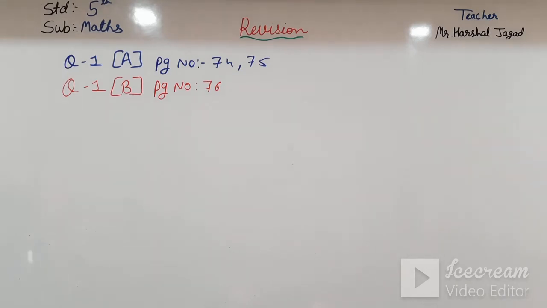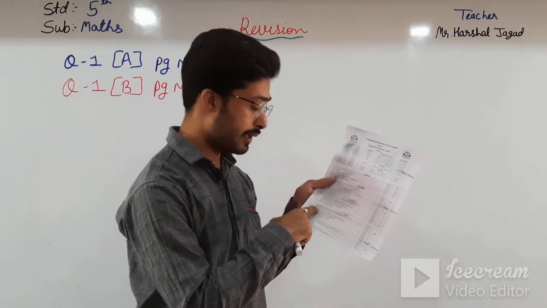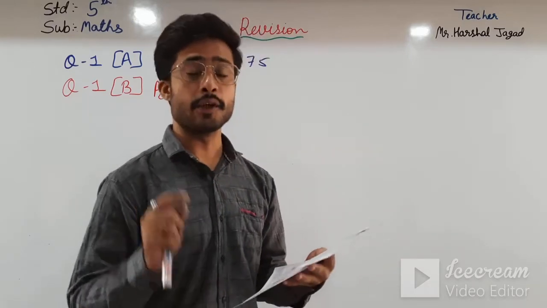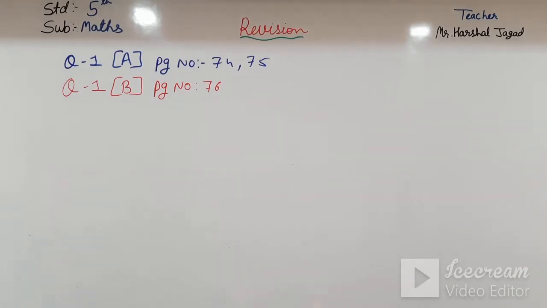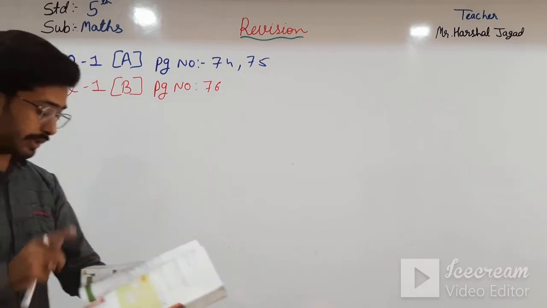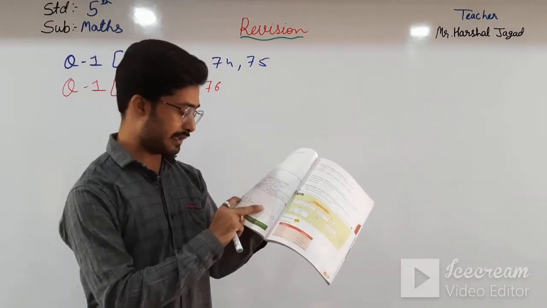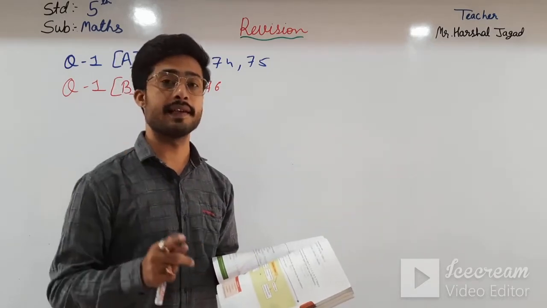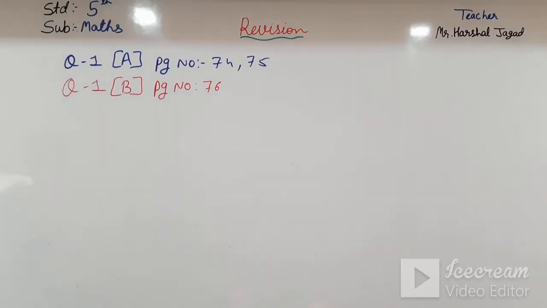that is question number 1c, that is arrange the numbers in ascending order. You have to arrange all the numbers in ascending order. So what will be asked over there? Here you can see on page number 76 only, there is the ascending order. So you have to write those numbers in ascending order. Okay students, that will be asked.